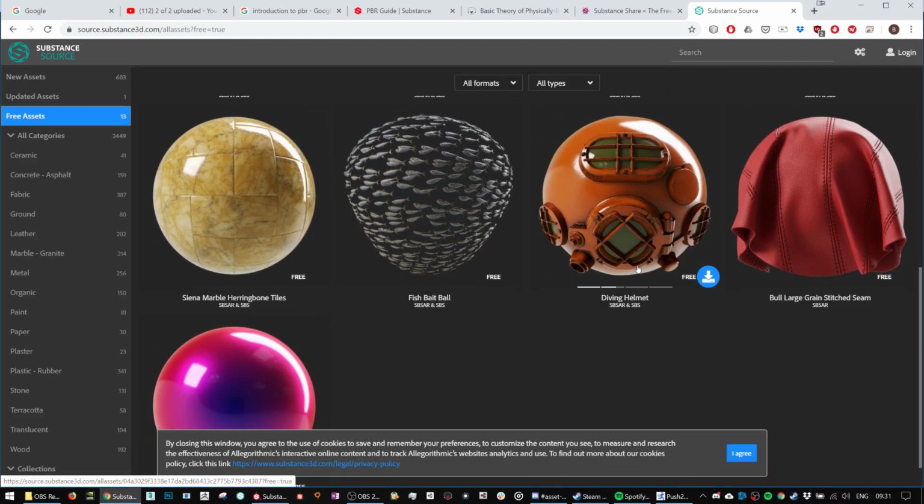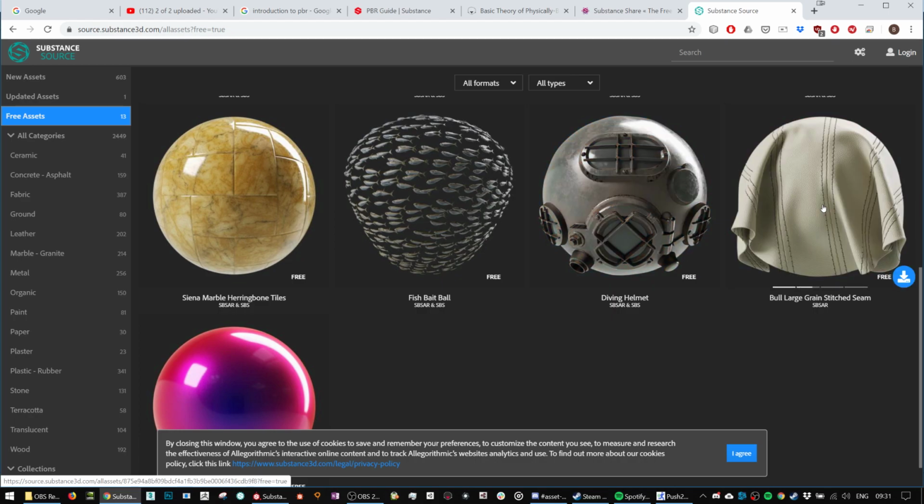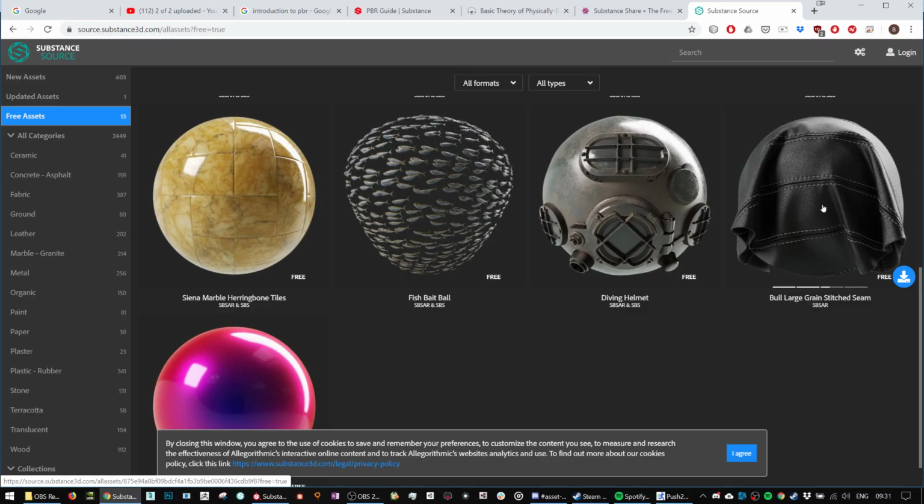Huh? This one? What about it? Okay, so they use the blanket to show you that it's meant to be for cloth, but you would have to have a plane, and you add a cloth modifier to it, which we haven't done yet. Well, I will, sure. Okay, so